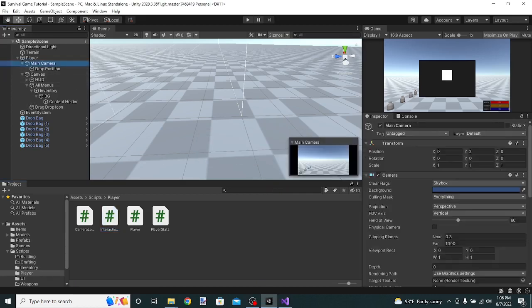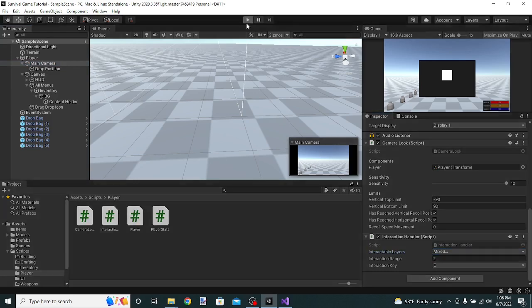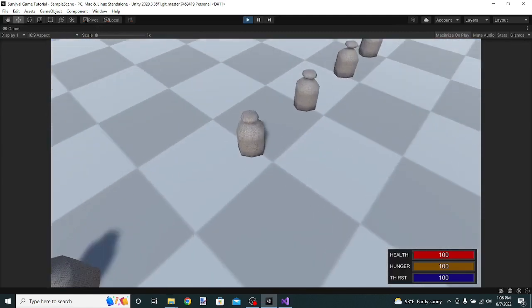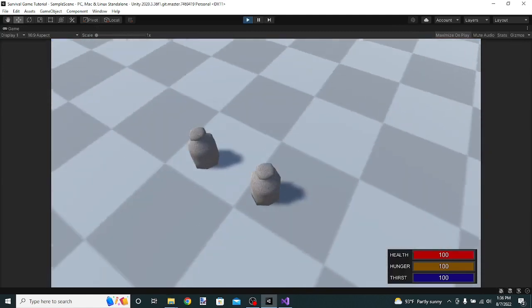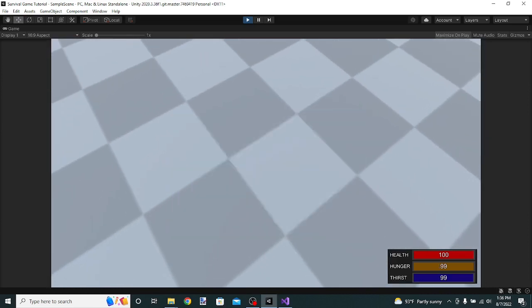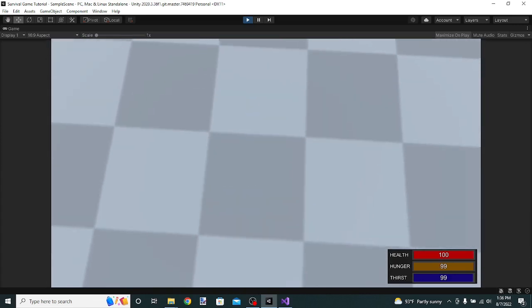So let's go to the main camera, all the way down, and over here we're going to select everything and then unselect Player. Let's save it and test it out. Alright, and there we go, we can pick it up again like this. That's it, problem fixed. The next tutorial, which I'll record and upload right after this one,